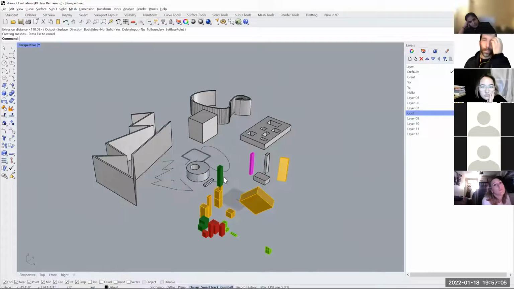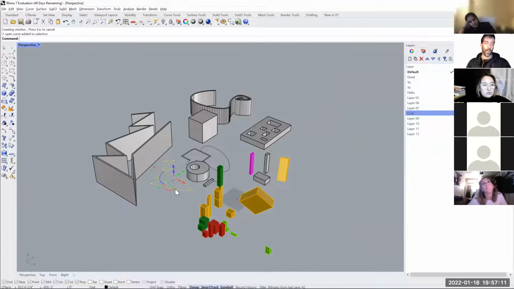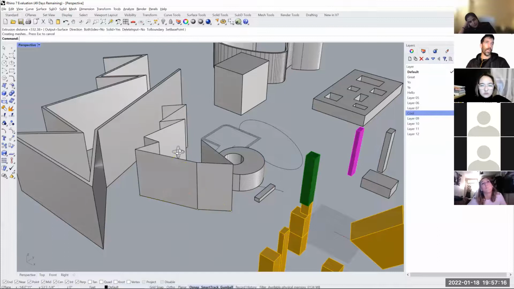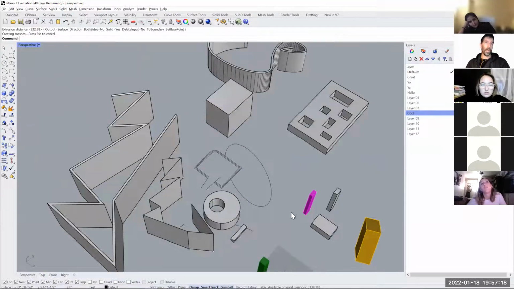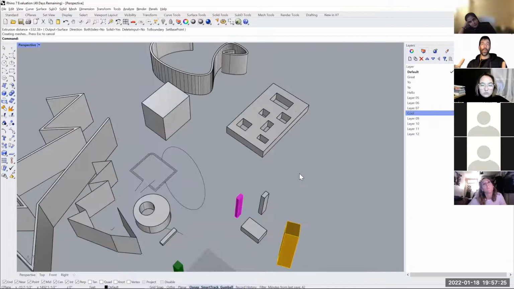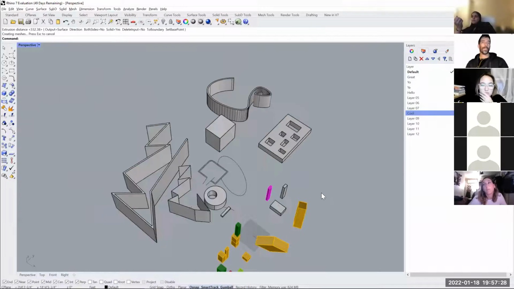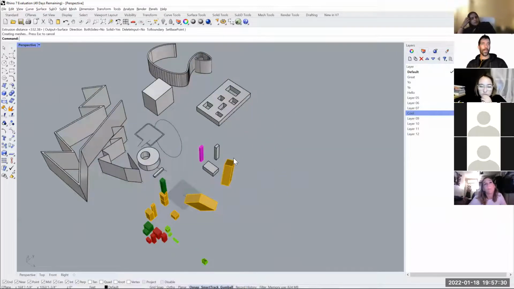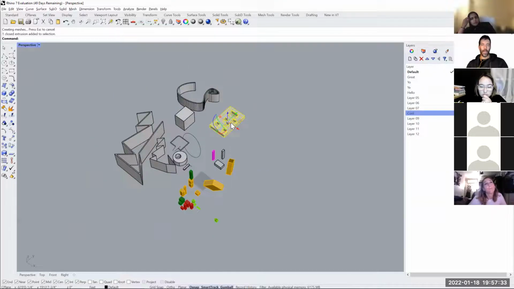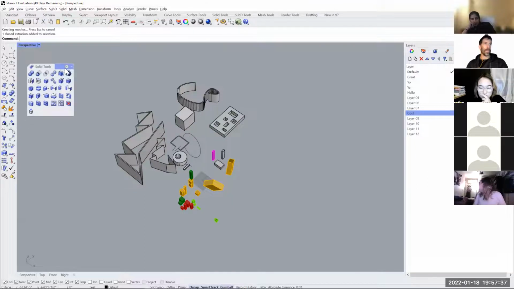So extrude is a very powerful tool. It's simple. You need one curve or several curves. By the way, you can extrude one single set of curves and you won't get a solid, but it will do it as well. If you want solids, you definitely need an enclosed or closed curve or system of curves to create a solid. And solid is important because solid is what allows you to do the Boolean operations, which is the first options here. Boolean operations between two